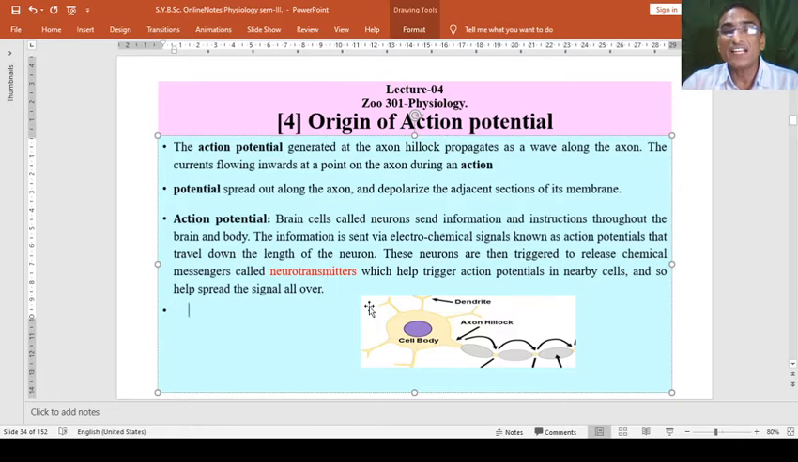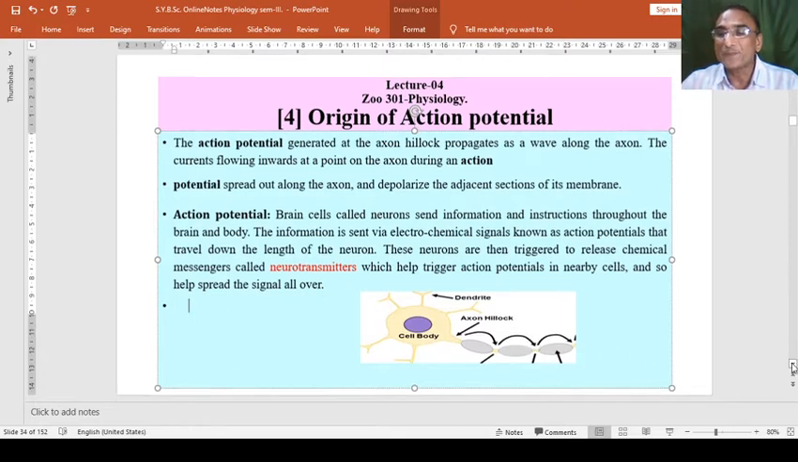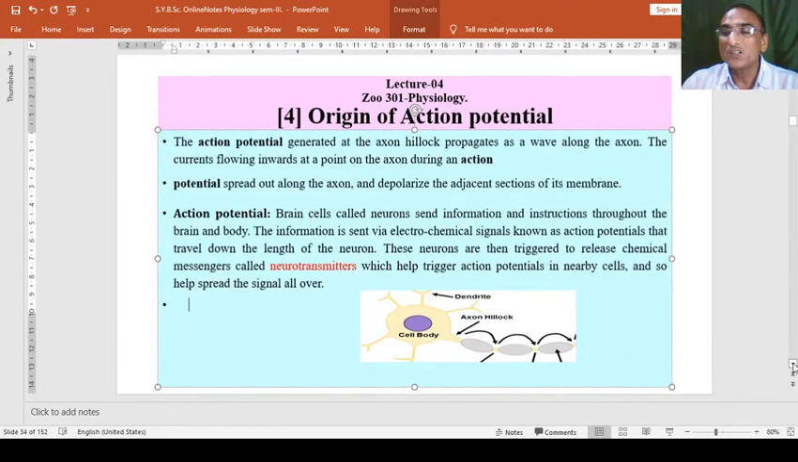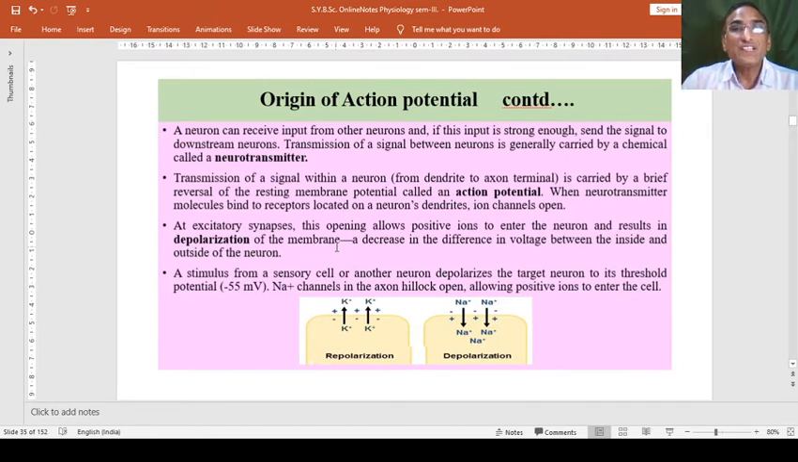It means the real action potential is carried out by these neurotransmitters in the nearby cells or the target cells where the message is to be sent, and so it helps to spread the signal all over the membrane or cell. In this way the action potential is facilitated. Furthermore, the origin of action potential is studied next as